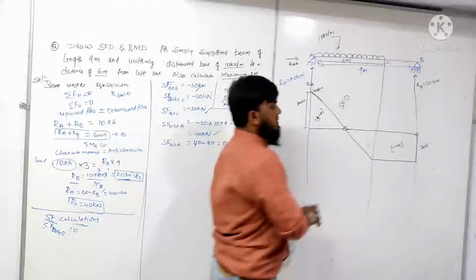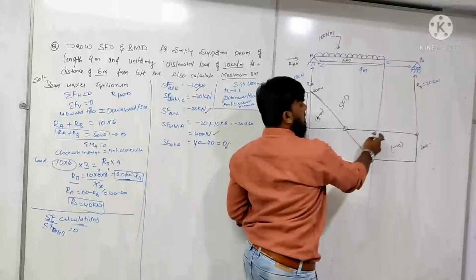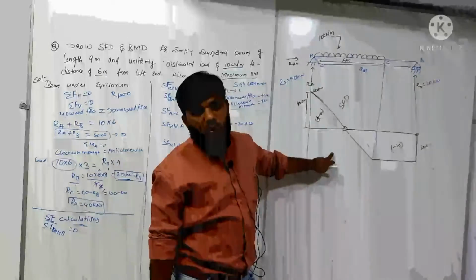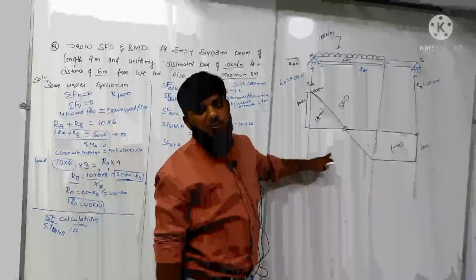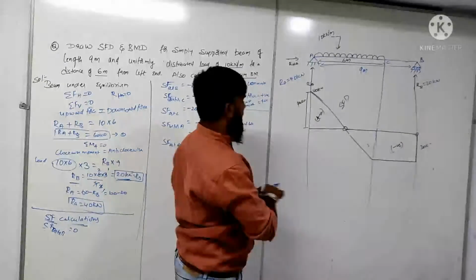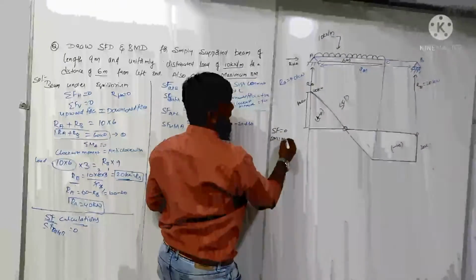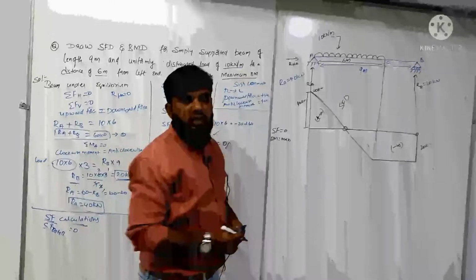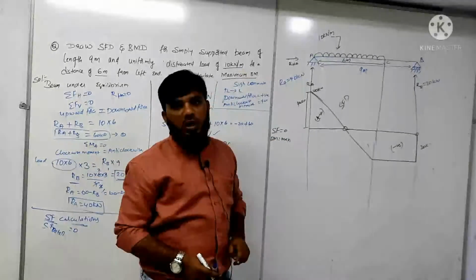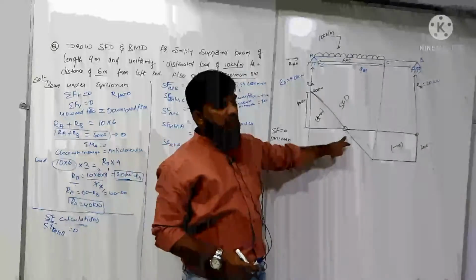Previously also we have seen a case where its value is being changed like this. It should be taken as the point where your shear force is becoming 0, at that point your bending moment will be maximum. You should remember that. Shear force 0 means bending moment is maximum at that point. So for that we have to identify at what distance this point is coming, because I have to calculate the moment at that point. So I have to calculate the distance first.